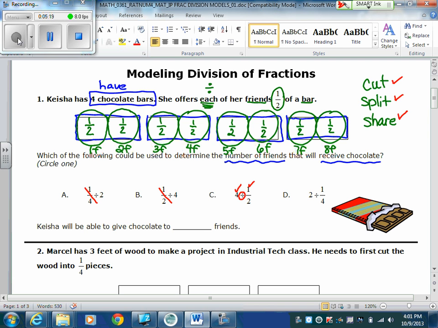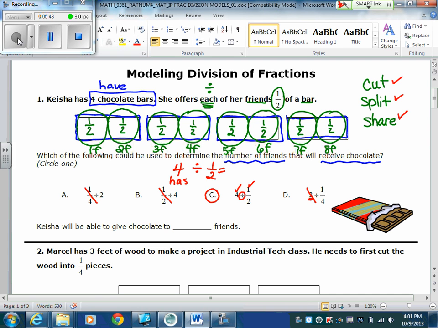D says she has 2. Well, she doesn't have 2, she has 4, so that one would not be the correct answer. Your correct answer here would be C, how to set it up. She has 4. She's going to cut it up or split it up or share it evenly, and she's going to cut it into halves